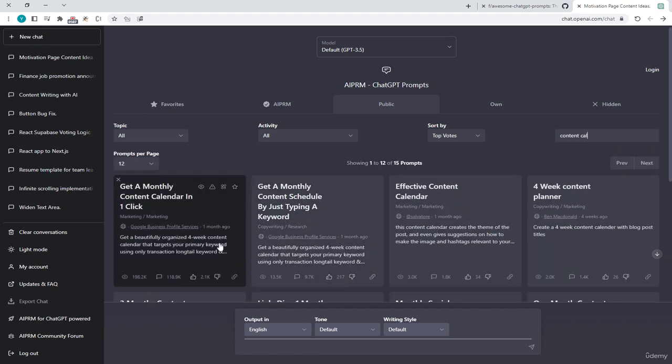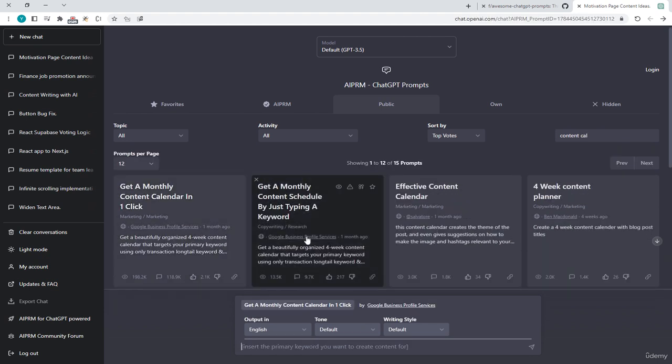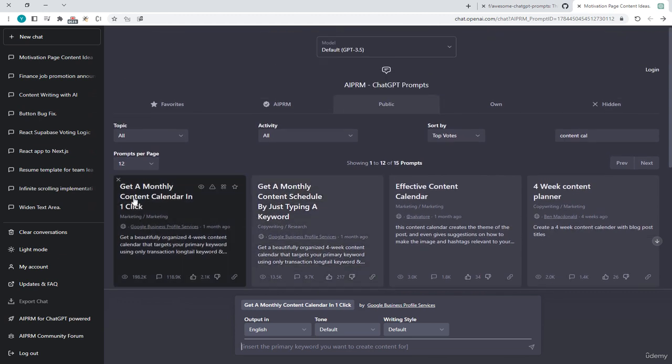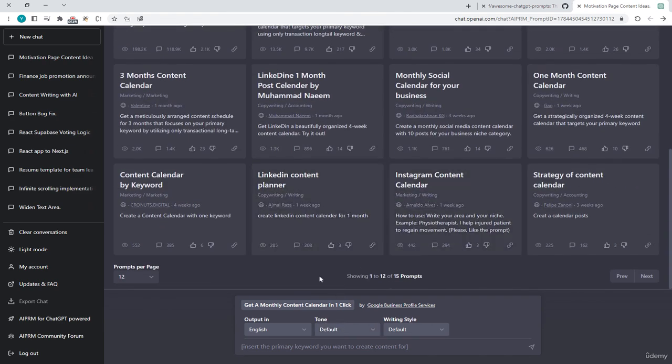Right, yeah. So get a monthly content calendar in one click. So this is with the extension. I will explain later on the AI PRM extension that is great for writing content, but just a simple example I will show you now. We just insert the primary keyword you want to create content for, and this will give us a content calendar for the month. So the primary keyword of our Instagram page, let's say, should be